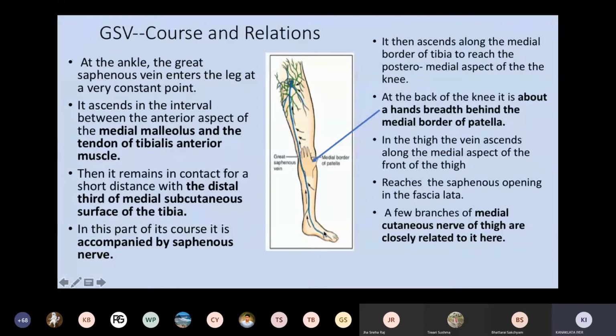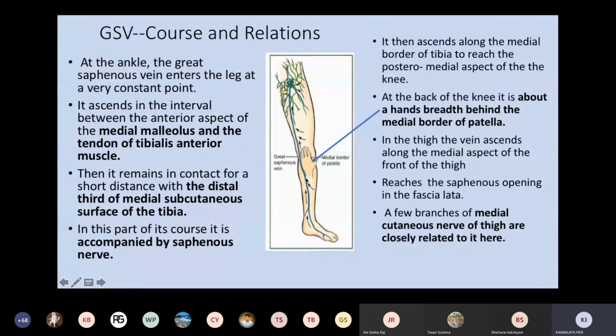Then it becomes tendinous, comes on the dorsum of the foot. And where does it get inserted? Does it go all the way to the digits? Yes or no? No. So where is it inserted? To the tarsal bones. Which particular ones? Medial cuneiform and the first metatarsal. So it lies between the tibialis anterior tendon and the medial malleolus. So that is its relation.